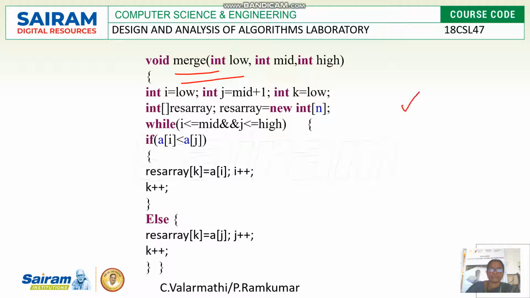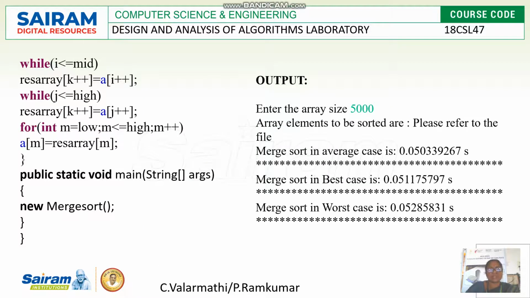Merging exactly involves the resized array. The resized array is an array which has n elements. Then the swapping will happen between the resized array and the original array. Based on the condition of whether the first element is less than the second element, it will carry on, or else it will be swapped the other way. So this is what is done in the merge sort.